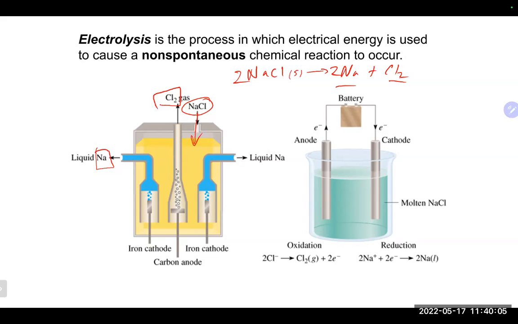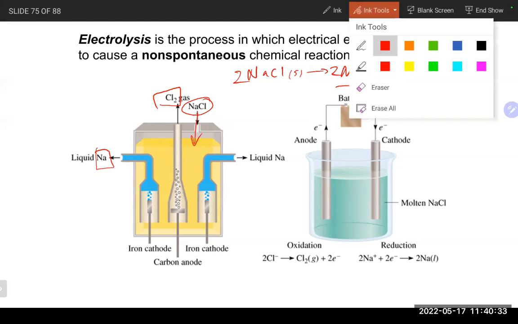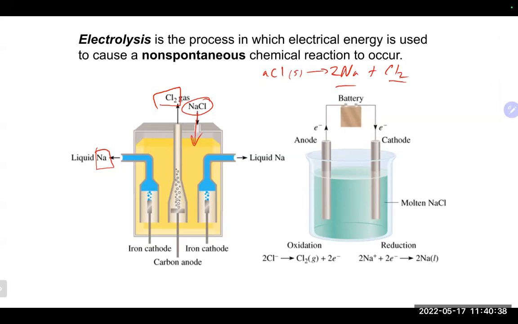You could also do this with water, like a nice 9-volt battery and a couple of electrodes and some water, and you can break water back down into hydrogen gas and oxygen gas. Because this is the reverse reaction, our anode and cathode reactions are a little bit different than what you might expect or automatically go to. So when we do the opposite of the reaction we normally think about,